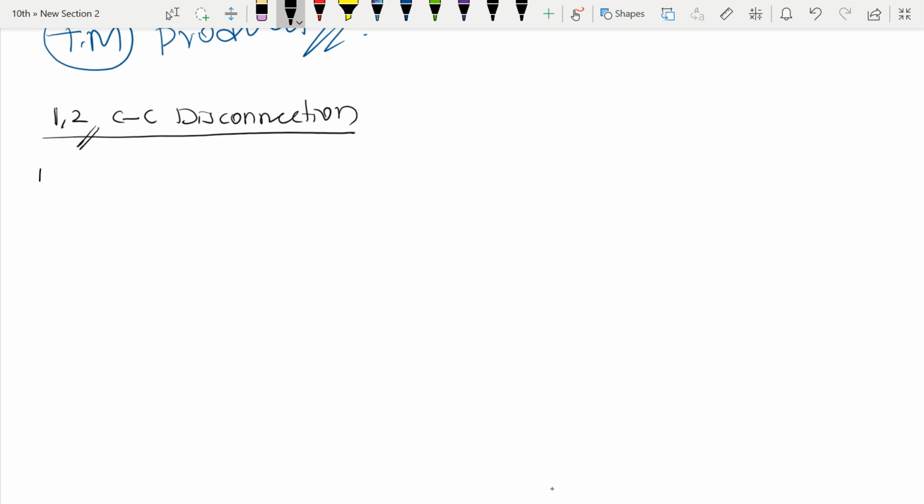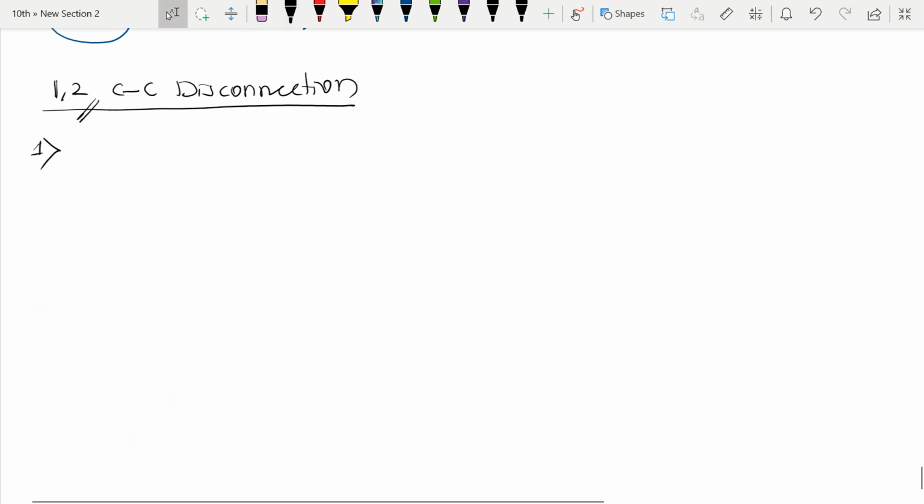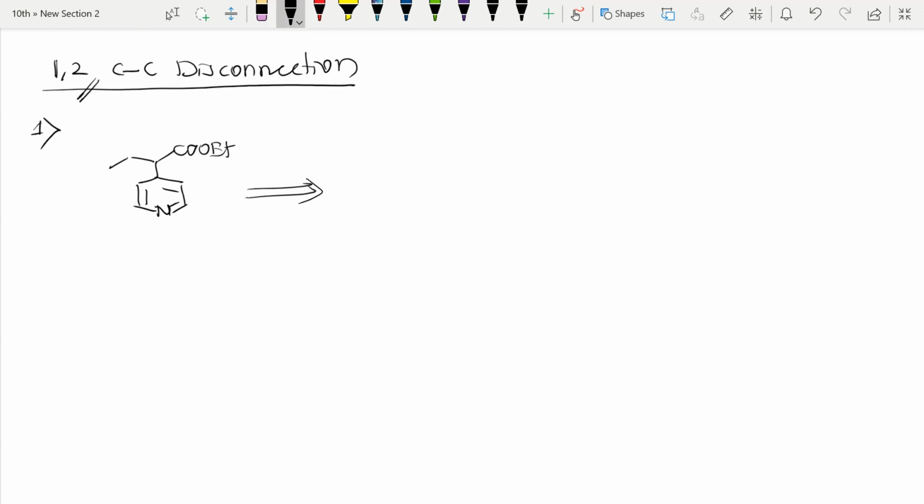See here with example, if I keep on writing, you will get to know, right? In retrosynthesis, as we solve plenty of examples, you will get to know. So no need to worry. We won't study any theory here, right? So here 1 to disconnection. When we do 1 to disconnection, I will give you the idea.